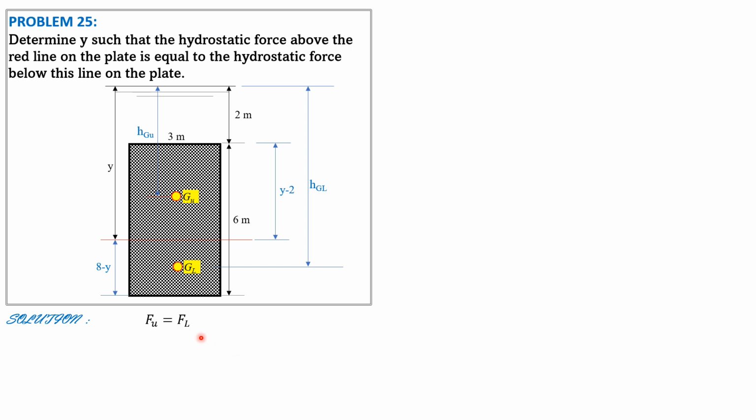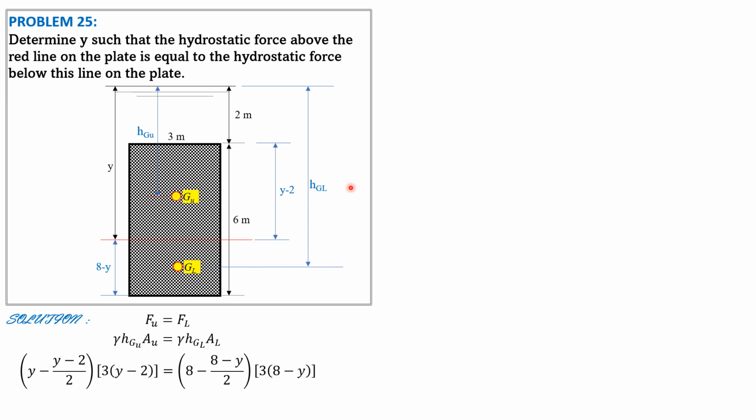So F upper equals F lower, that's the condition here. And force is gamma Hg times area. So gamma times HGU times area U equals gamma times Hg lower times area L, area lower. So cancel out gamma. HGU is equal to, from the figure, y minus half of y minus 2, while the area of the upper part is 3 meters times y minus 2. So y minus y over 2 times 3 times y minus 2 equals